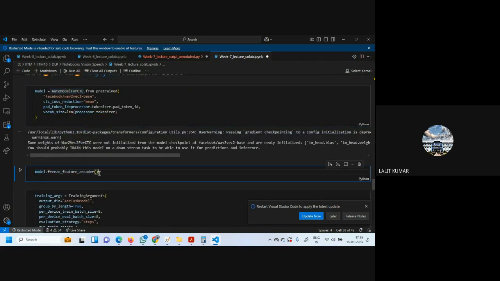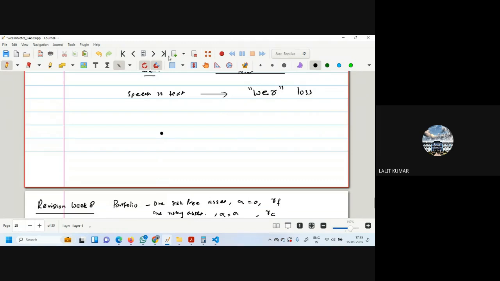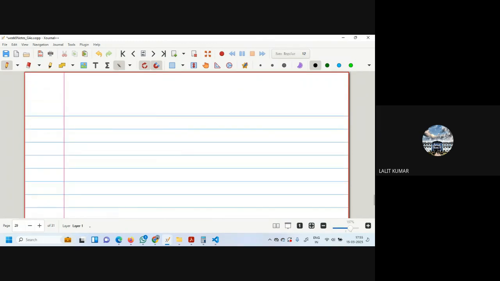So what is the meaning of freezing the feature encoder? It means that whatever model you are using has got its own weights inside, and it has got one head. So while training, it will train only its head, and it will not update these weights.